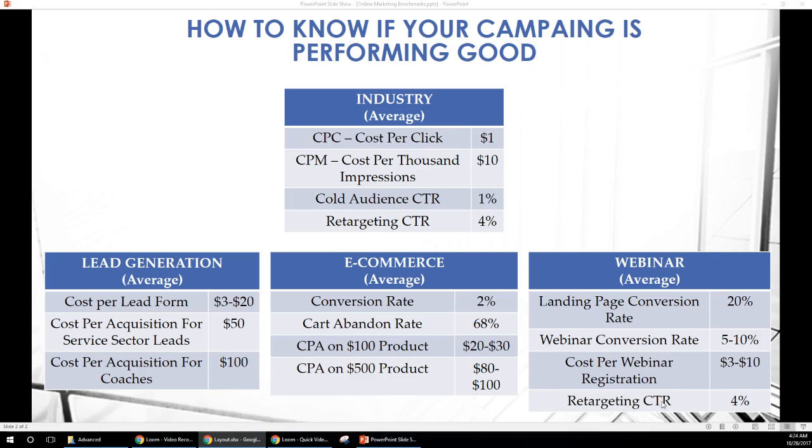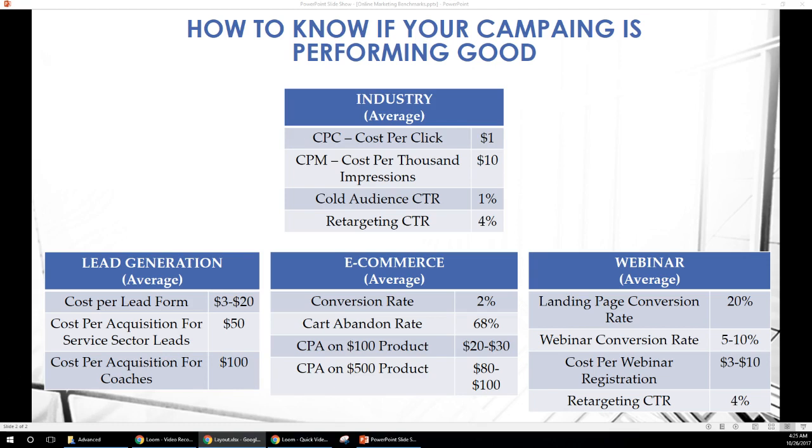Retargeting click-through rate again needs to be 4%, and this is so that out of all the people that come to a landing page and who do not convert, we want to retarget them. Same way, out of those we retargeted, we want to see at least 4% sign up for the webinar again or turn into a paying customer, depending on what we want them to do in our funnel. So those are the basic benchmarks for